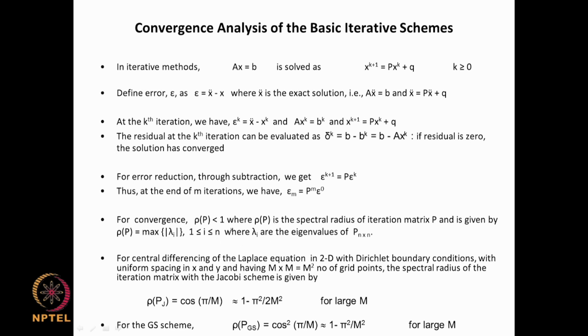We have also seen the condition that for convergence the spectral radius of the iteration matrix should be less than 1,